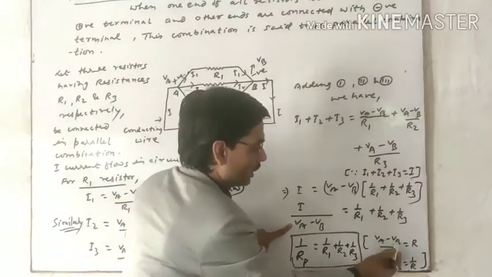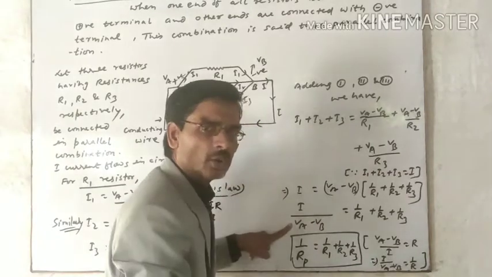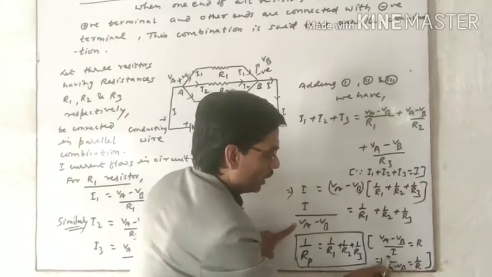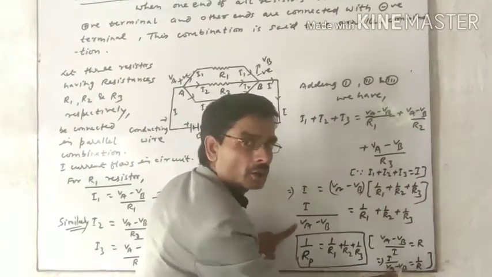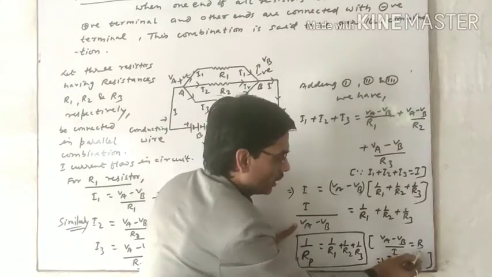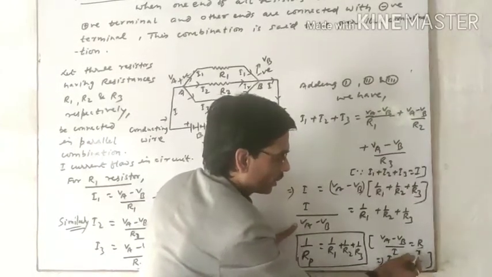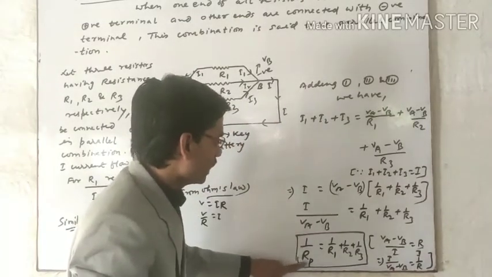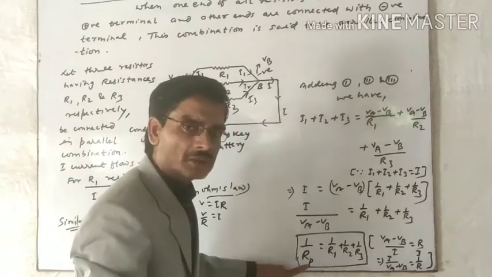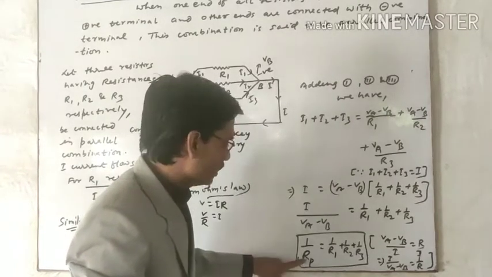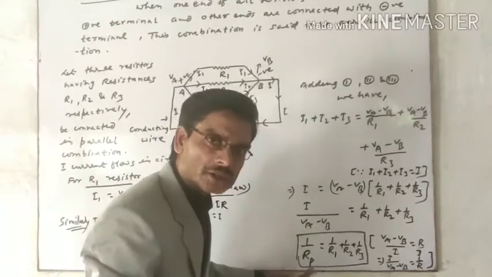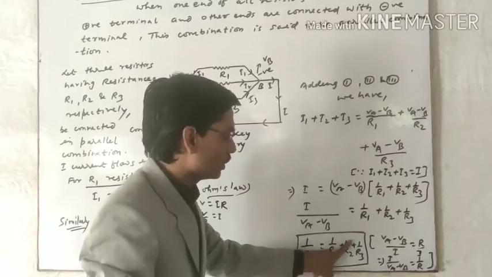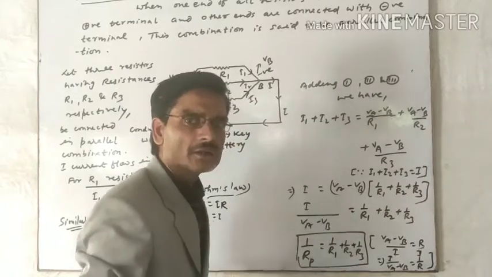We know that VA minus VB by I equals R होता है ओम्स लॉ से. अगर इसका रेसिप्रोकल किया जाए तो I by VA minus VB इक्वल टू R का रेसिप्रोकल करने पर 1 by R होता है. तो we can also write 1 by R. यहाँ P लिख दिए. It means that total resistance in parallel combination equals 1 by R1 plus 1 by R2 plus 1 by R3.